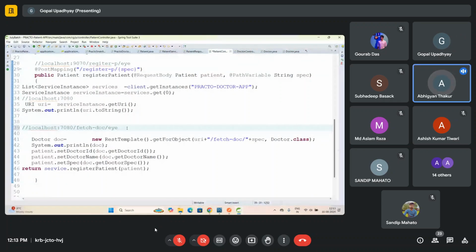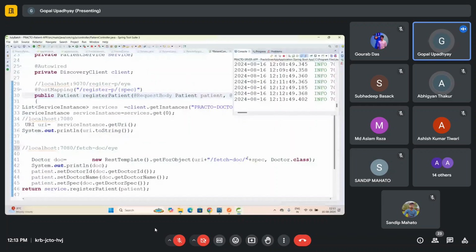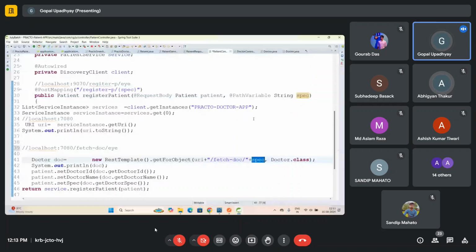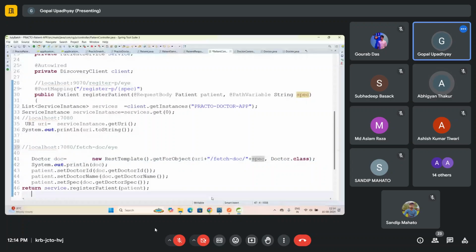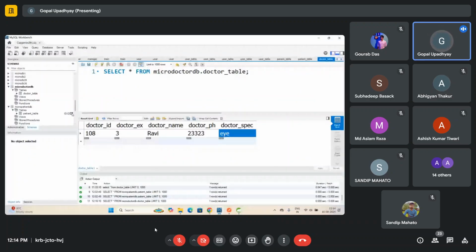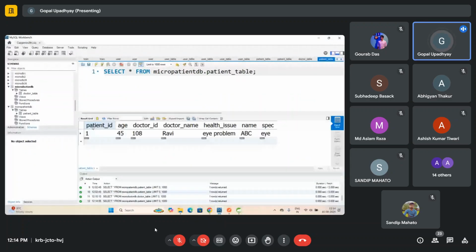ये क्वेश्चन था सर, ये आपका पोस्टमैन से आ रहा है हाँ ना? पोस्टमैन से आ रही है, ये वैल्यू इसमें स्टोर कर रहे हैं, और ये मैं इसके साथ पास कर रहा हूँ। ठीक है सर। डॉक्टर का ऑब्जेक्ट ये फेच कर रहा है, उसके बाद पेशेंट के ऑब्जेक्ट के साथ बाइंड कर रहे हैं, बाइंड करके हम पेशेंट का ऑब्जेक्ट डेटाबेस में स्टोर कर रहे हैं। और जब मैं पेशेंट रजिस्टर कराऊंगा तो